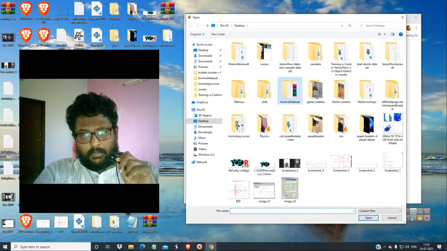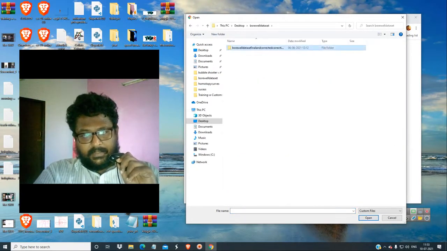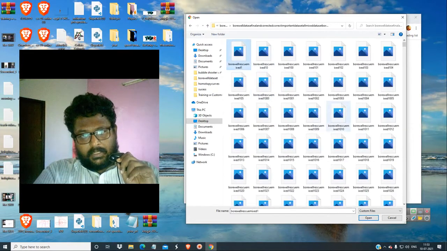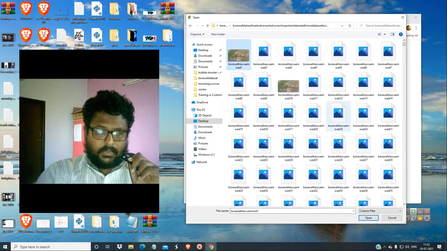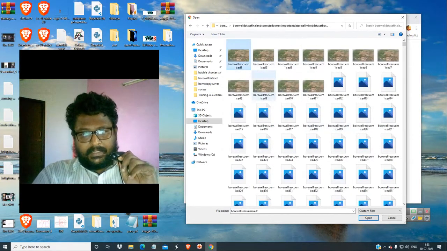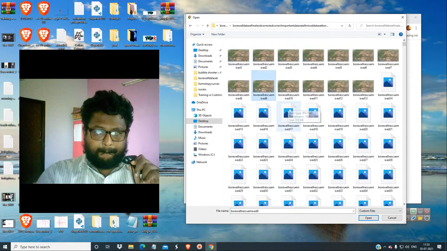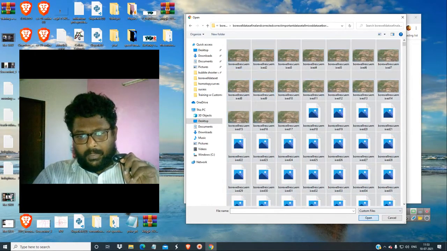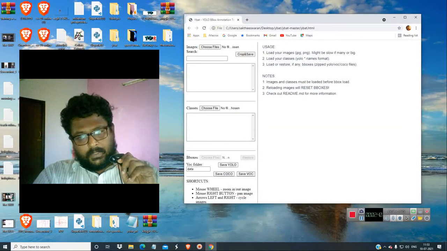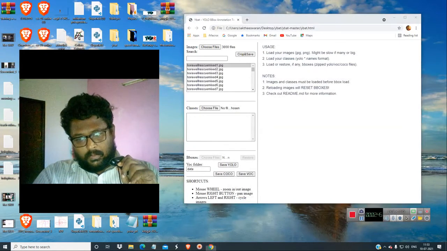Go to the Borewell dataset, into this unzipped folder, and choose all the images. I will tell you the normal way to annotate this. Open it, and all the images will be in here now.